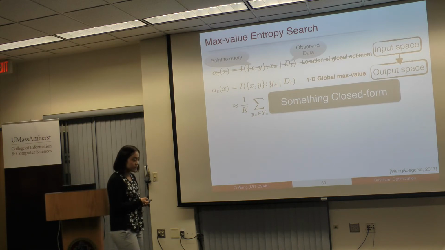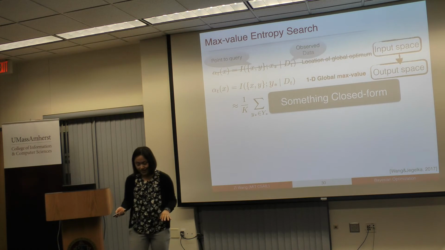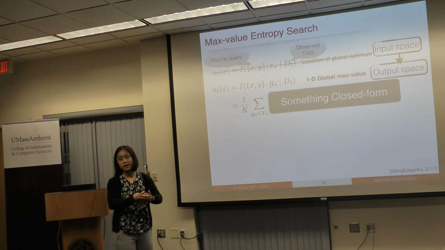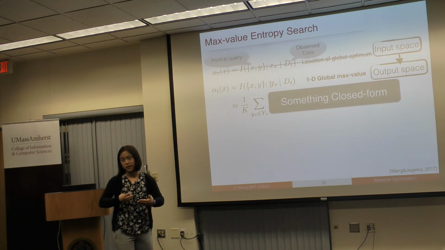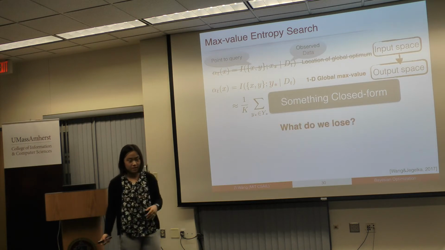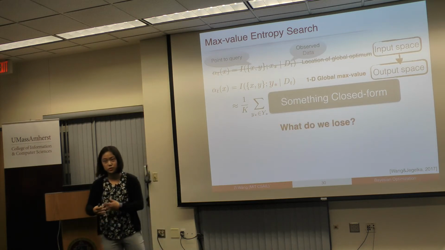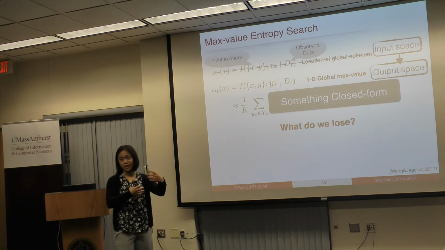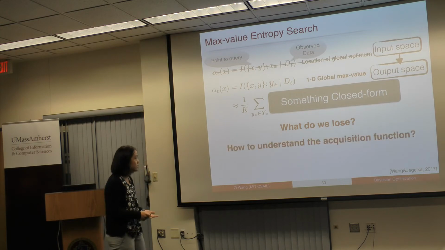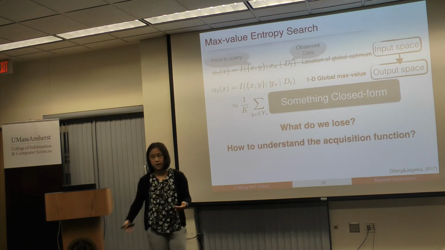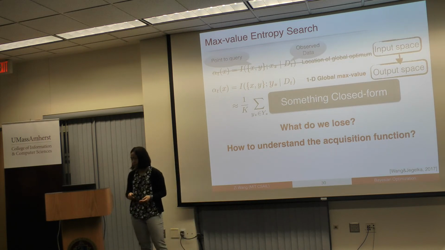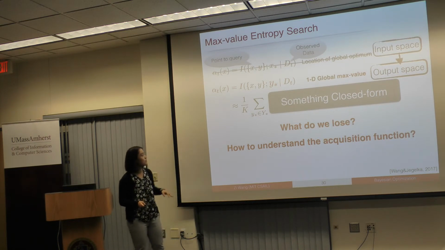But that's not the end of the story yet. So remember that we are, in fact, moving from a high-dimensional variable to a low-dimensional variable. In fact, one-dimensional variable. There's the question of, in this process of switching up these concepts and trying a different variable for the mutual information, what do we lose here? And then the other question is, how can we better understand this particular acquisition function? Okay, so I'm going to first answer the what do we lose from